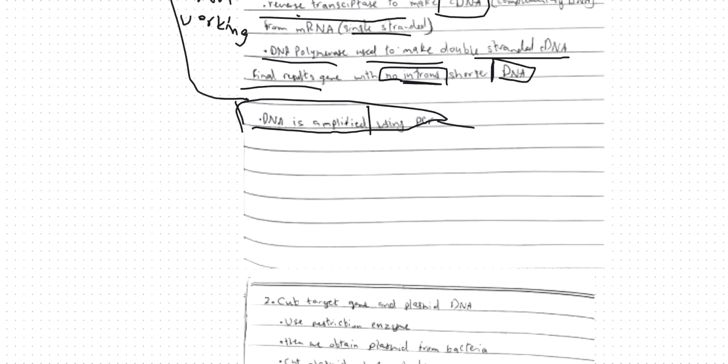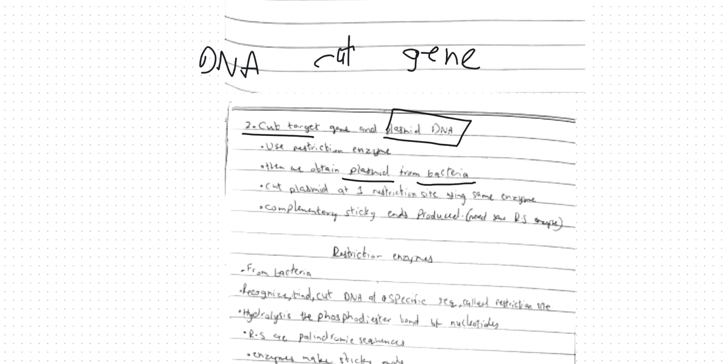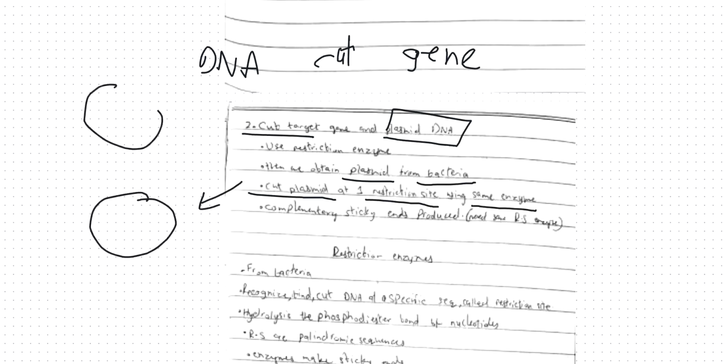Step 2 is you cut the target gene and plasmid DNA. So when you have enough DNA produced, you cut the specific gene that produces insulin. And you also obtain plasmid from the bacteria and cut the plasmid at a restriction site using an enzyme. Now, the reason that you cut this plasmid, which is circular, is so that you can insert the human insulin gene into this plasmid. So yeah, and all of this cutting happens